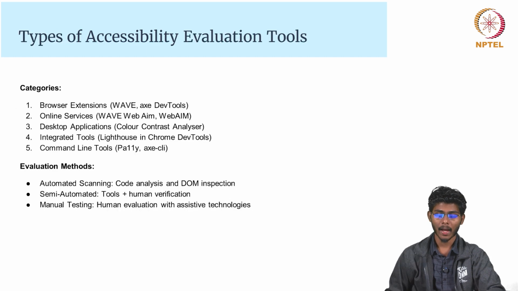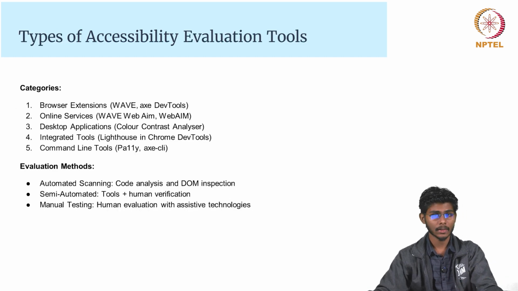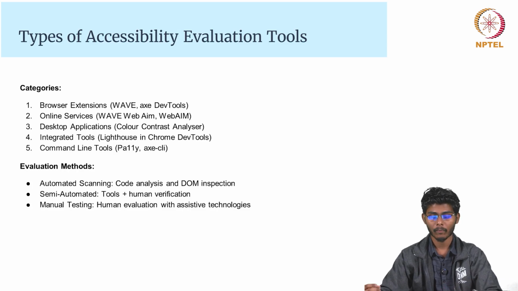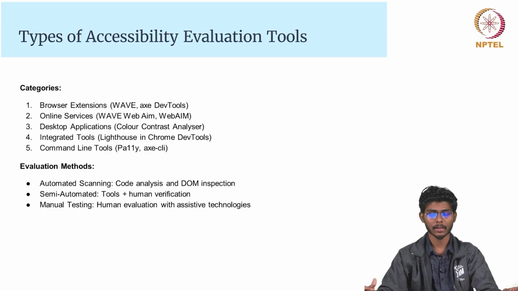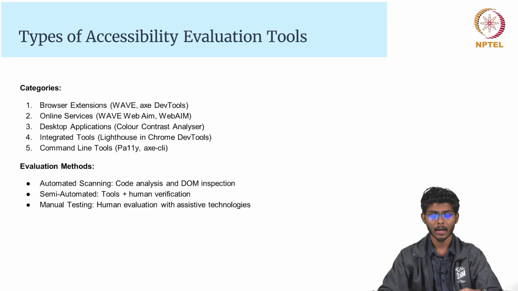As I mentioned, there are many more web accessibility tools on the internet. You can search for them, but in this session we are mainly focusing on the Wave evaluation tool and also Google Lighthouse. These can be installed in many categories, such as browser extensions, online services, desktop applications, and also command line tools, which are installed by default in web services or web browsers.